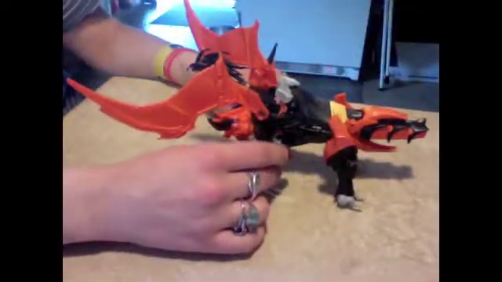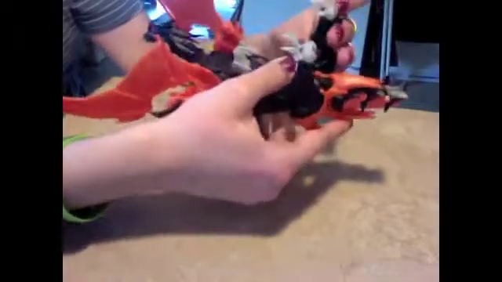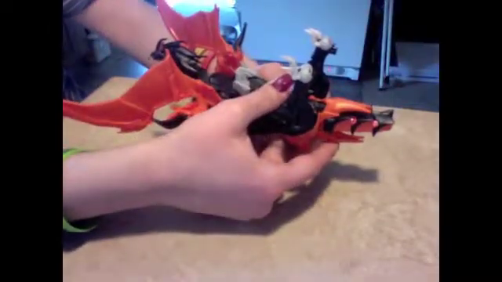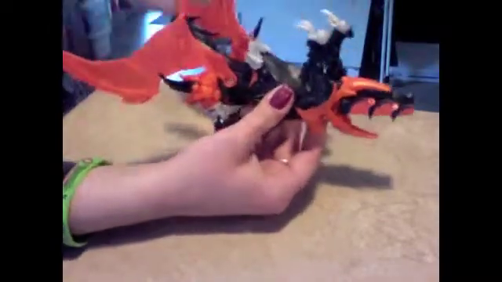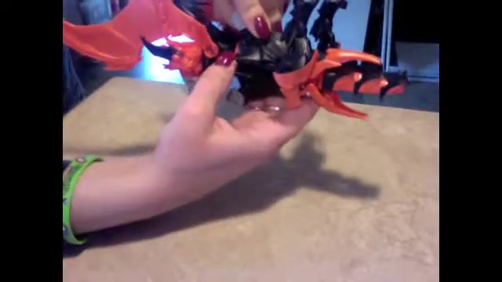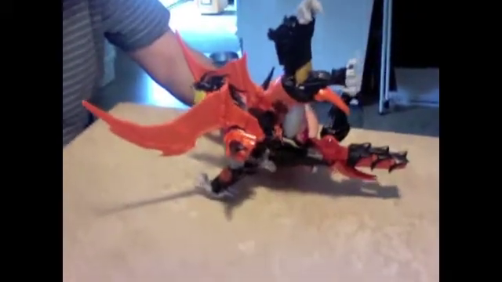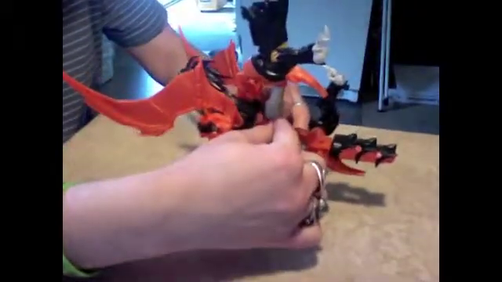And then you're going to take his entire back feet and just flip them up this way. Just flip them right up this way. And then you're going to take his torso and just pull it apart. You're just going to pull up just like this and just pull it apart. Just like that. And as you can see, that part of his torso is actually one of his legs,